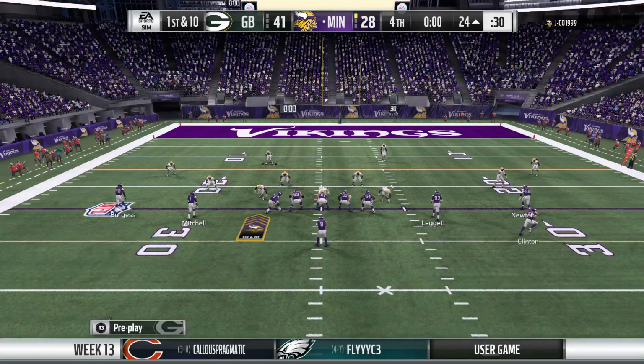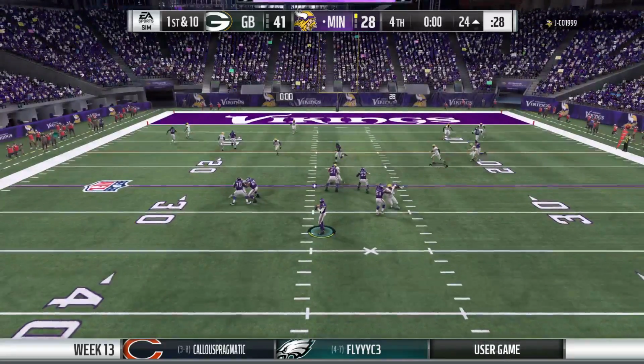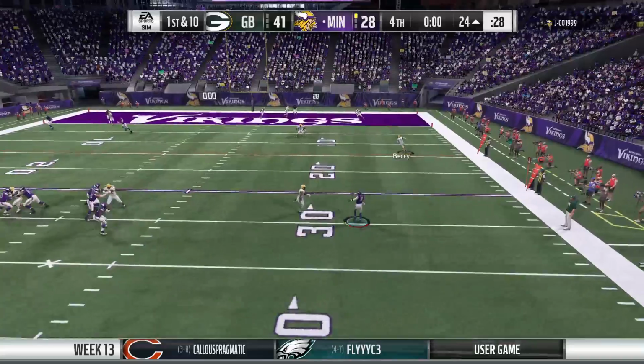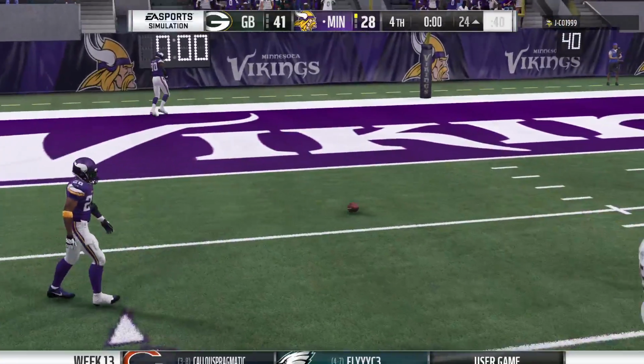All right, now, lucky 56. They'll look to throw here. Flush to his right. And that will be incomplete. As time